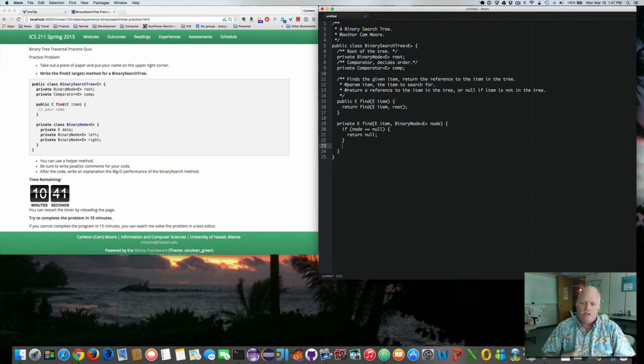Okay, so now we know that the node's not null, so we say int compVal equals comp.compare, item and node.data. So we look at the current node's data and we compare item to that. So now, if compVal is less than 0, which means that item is less than the node's data, we need to search,